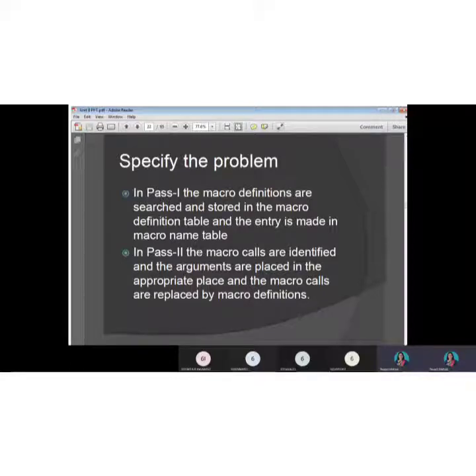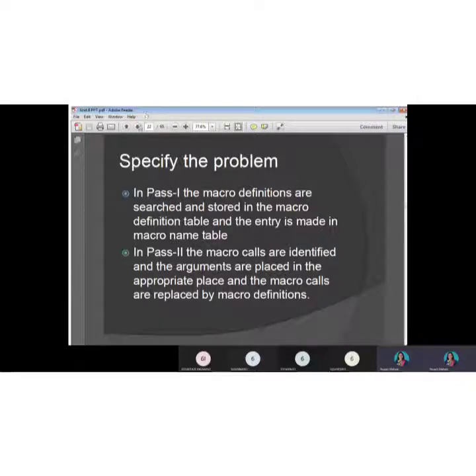Wherever in our program there are macro calls, those calls are identified, and then appropriate arguments are replaced. That is, the actual arguments are replaced at the macro expansion, and the macro execution takes place. So this is the role of pass 2.